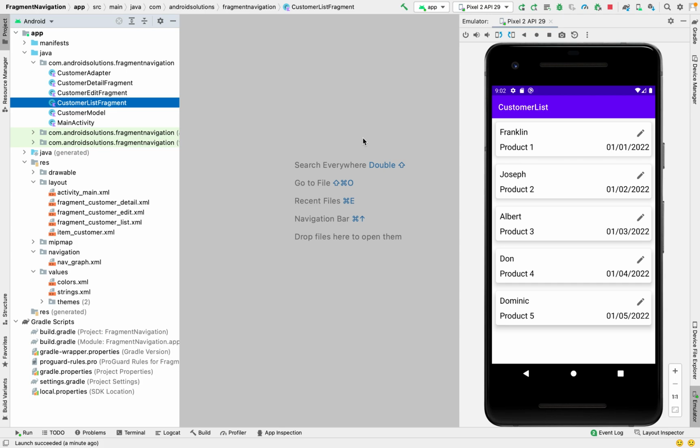In this video, we're gonna see how to pass data from one fragment to the previous fragment in Navigation Library, and also on removing a fragment from the backstack in Navigation Library. So let's get started. Here we have the customer list fragment with a recycler view and few items loaded in